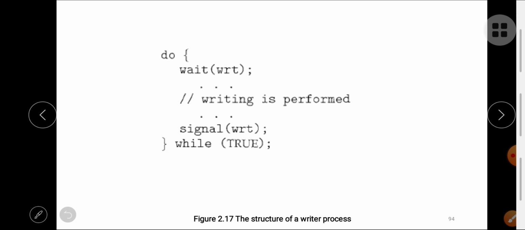So here is the structure of a writer process: do, wait write, which means write minus minus, then writing is performed, and signal write means write plus plus. Okay, so here